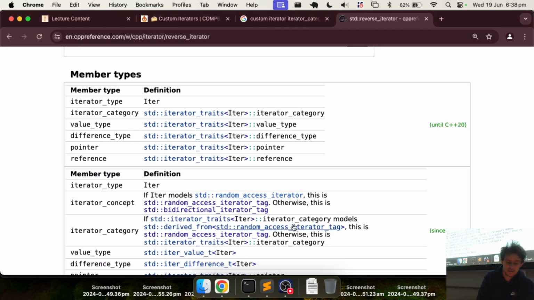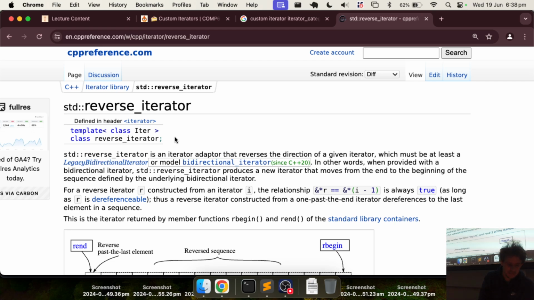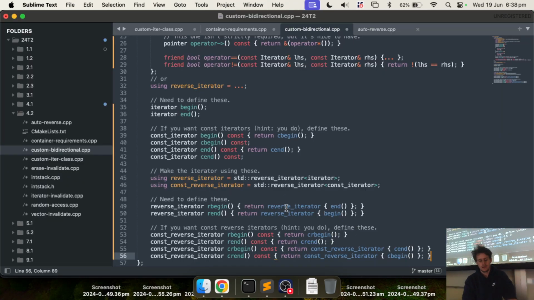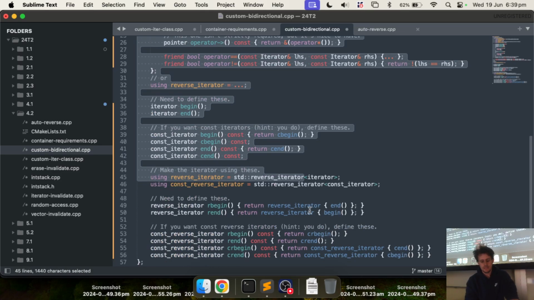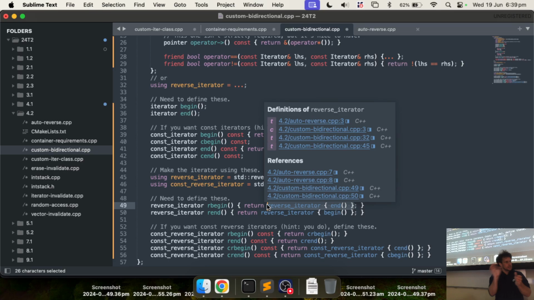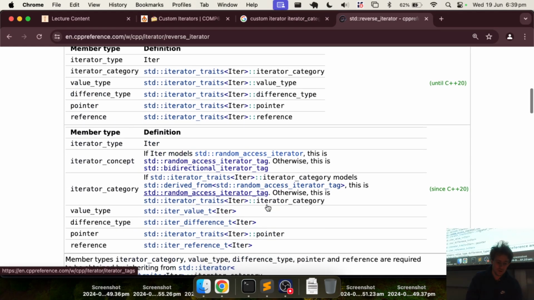Is it like a hidden function that happens somewhere to reverse it? Well, if we actually have a look at it, standard reverse iterator, it is a templated class. So formally, it's a class. So if we reason with it for a second, this is a class in the std namespace, and it's templated on iterator. So what that means is in this case here, this is a function that returns a type reverse iterator of our underlying iterator. And this here would be a constructor because we're putting the type and then the braces next to it with our iterator. So we can scroll down in the docs